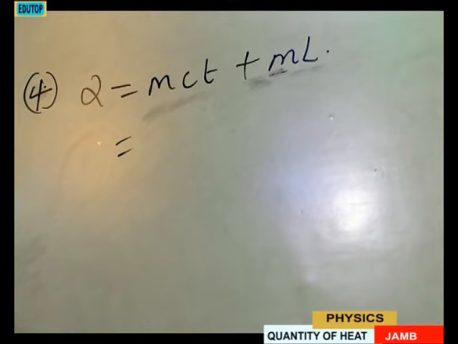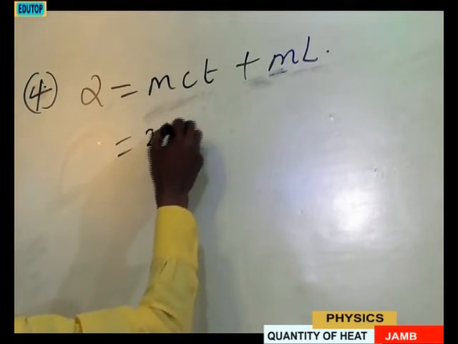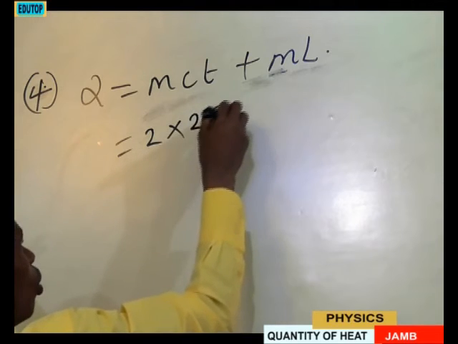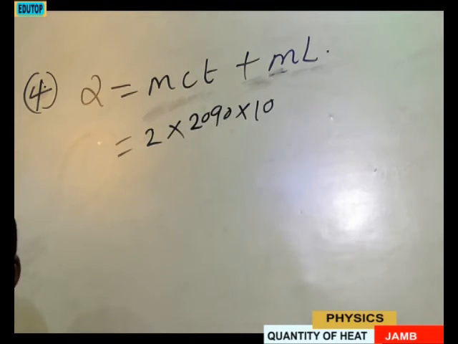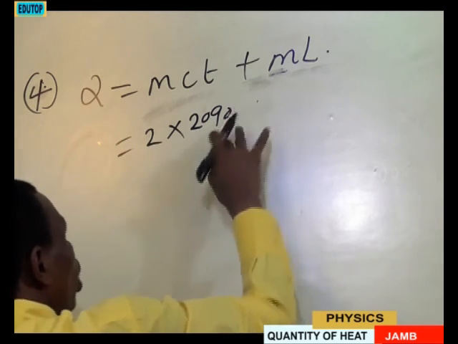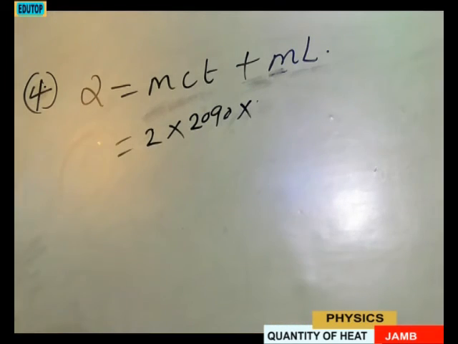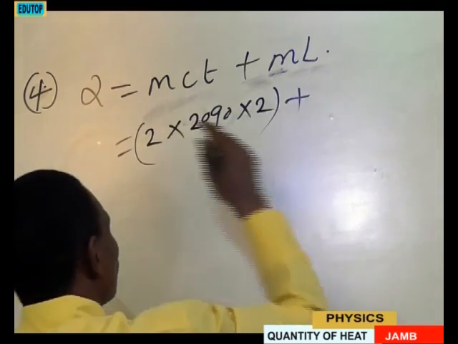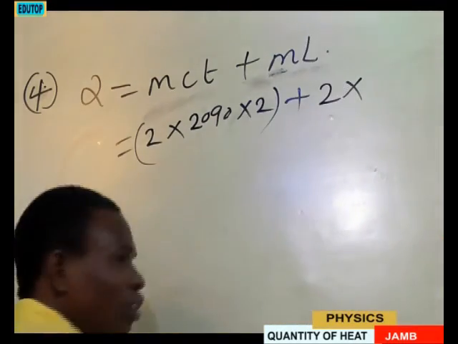we are given the mass, which is 2 kg. We are given the c of ice, which is 2090 joule per kilogram per Kelvin. Then times the temperature. The temperature we are having there is from 2 degrees Celsius to water at 0 degrees Celsius. That's times 2. Then we have plus 2. We are given the latent